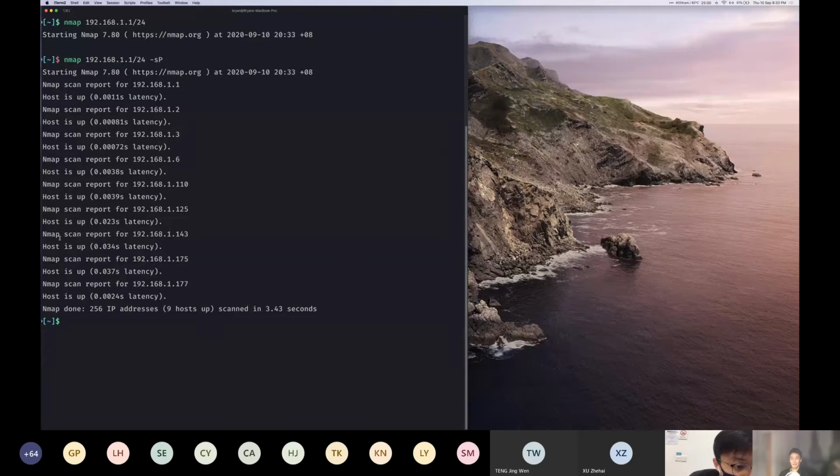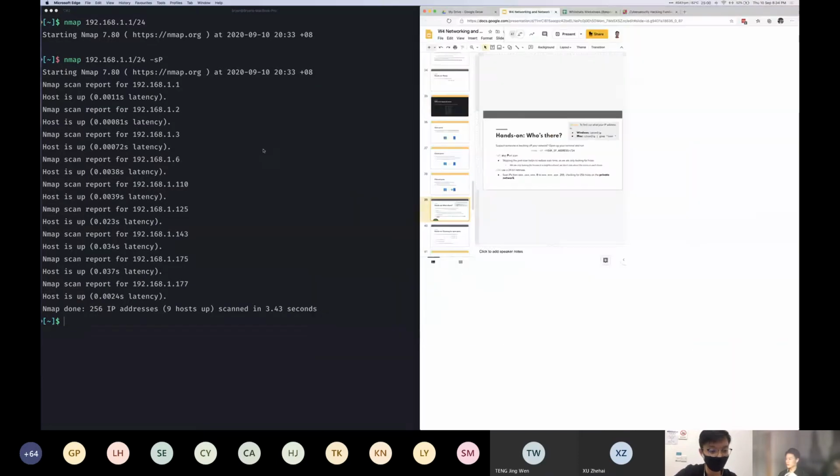So essentially what we did was we went through every single IP address, and we figured out that there are a few devices that are running on my network. In this case, 1, 2, 3, 6, 110, 125, 43, etc. So again, like Chris's slides mentioned,